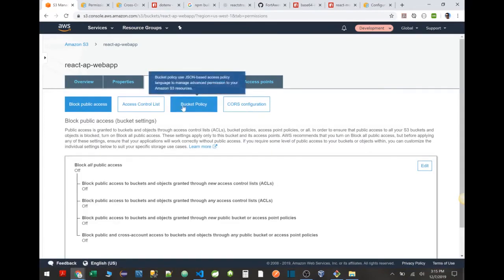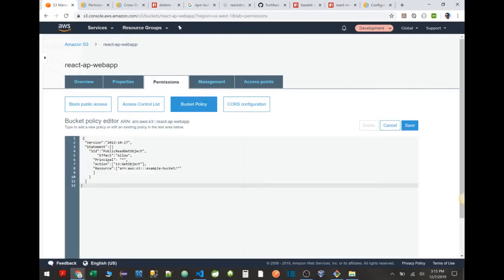Right. In the permission, I'm going to go to bucket policy. I'm going to set up this bucket policy. We're going to change this to the bucket name that we are applying this policy to, which is a React web app. On top, you see it says React web app